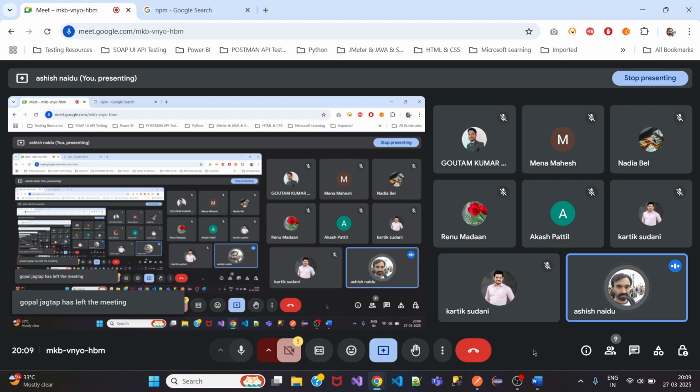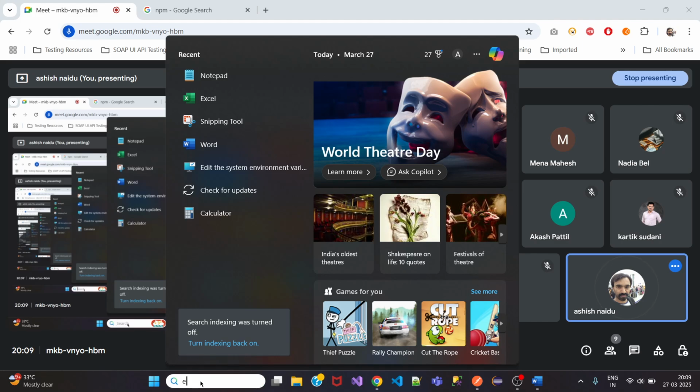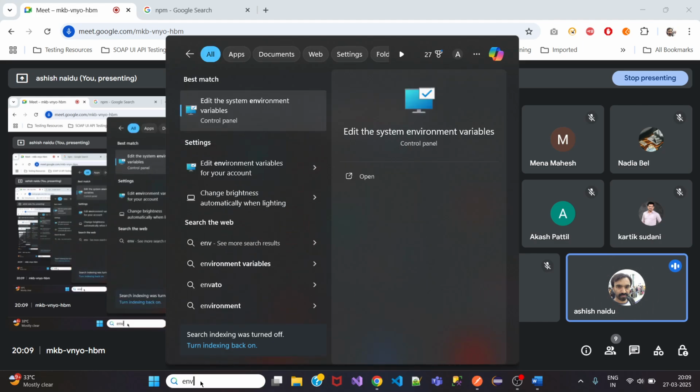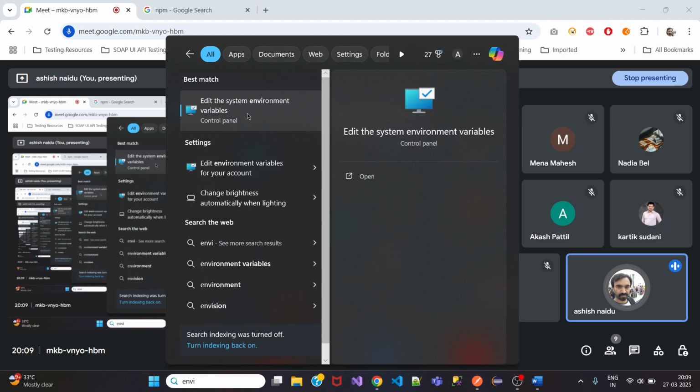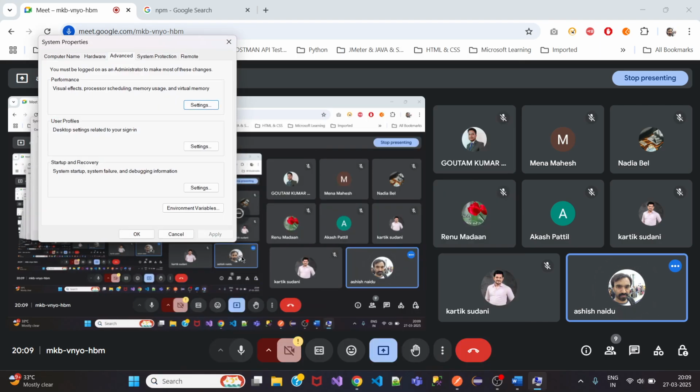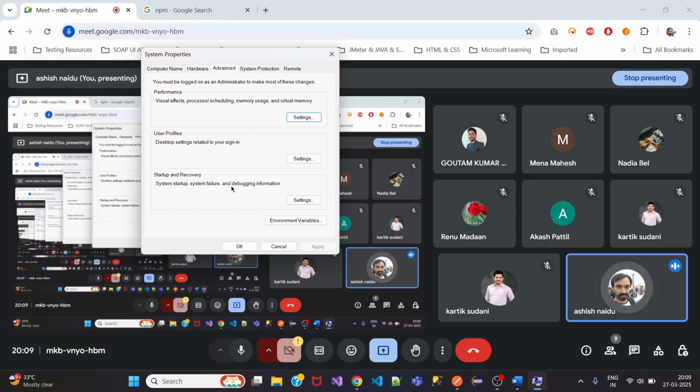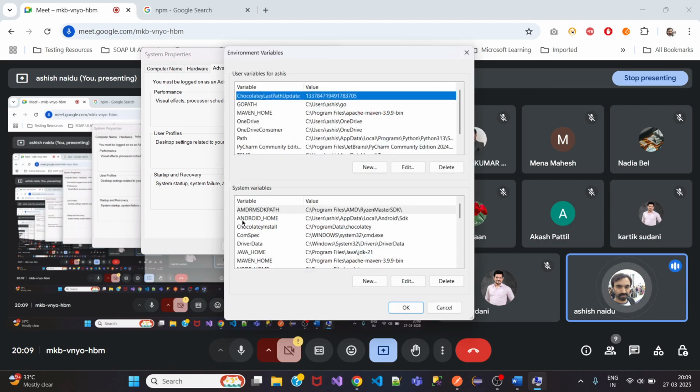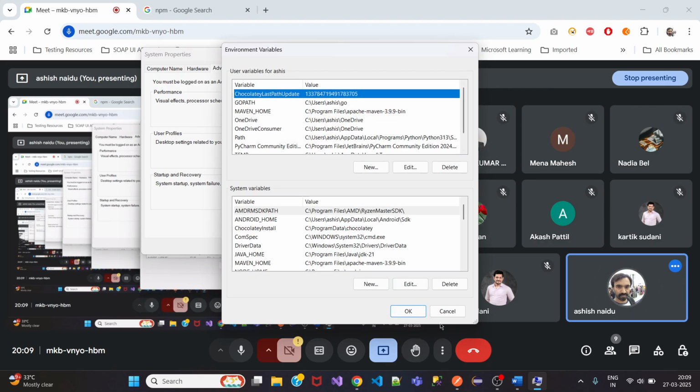How exactly can we set that up? Just type in the search, environment variable. It will show edit the system environment variables. Click on it. A new window will open. In this, click on environment variables. Once you have done that,